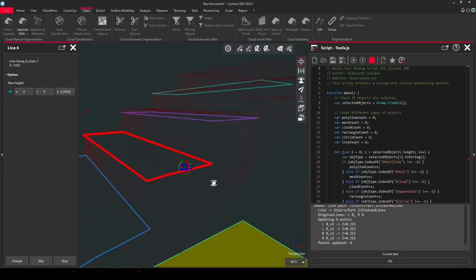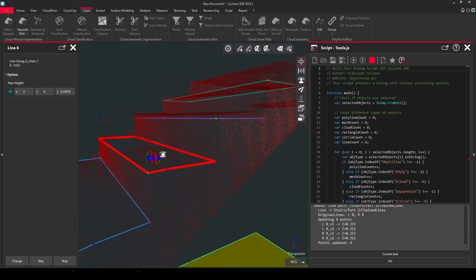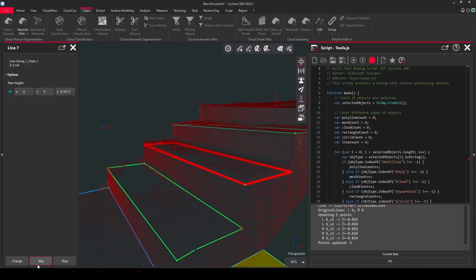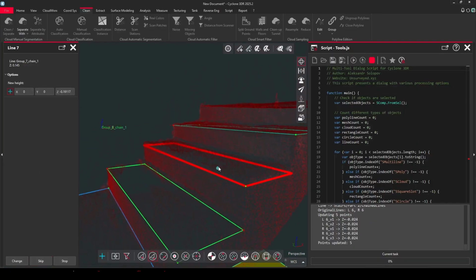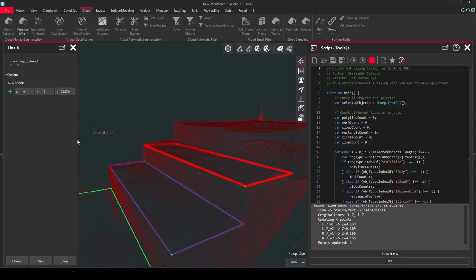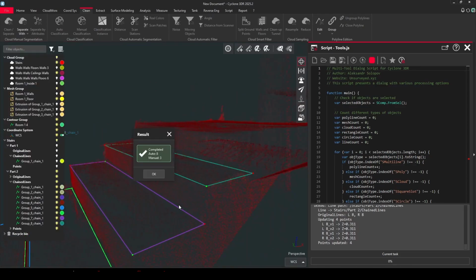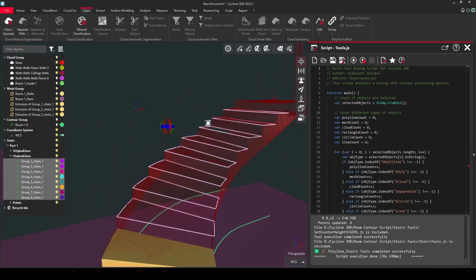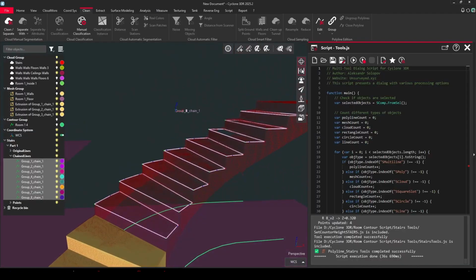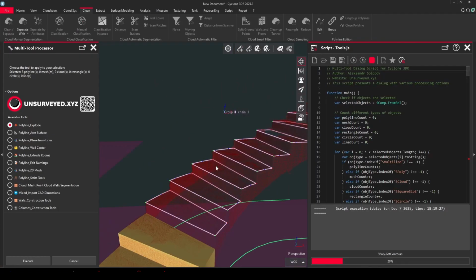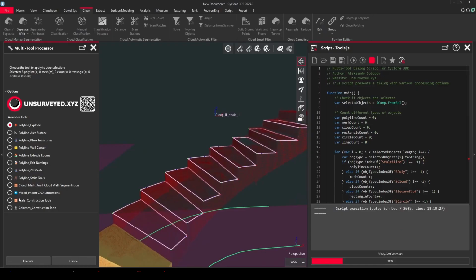But if you want to change the height for any of this contour, you can just select a new point for it and then click change. For example, here, select this point and click change. When all heights are defined, you can go to the next step, select all these contours and run